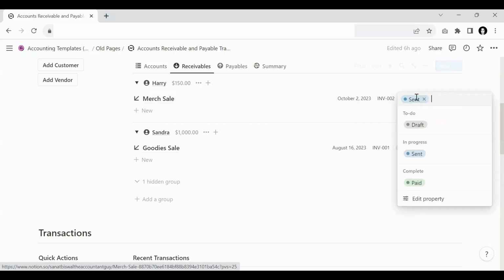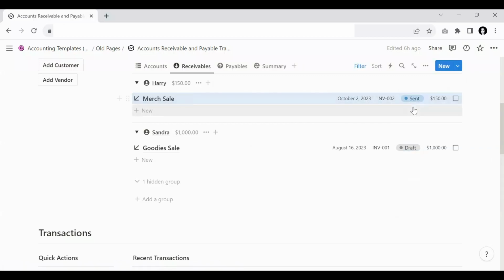So once you click on this, you have like 3 status over here, which you can change accordingly as per your applicable case. And then we have the amount over here. So if any invoice has been paid, you can just simply click on this checkbox over here, and you will find that the invoice amount that has been paid is not getting calculated on the top, which is reflected over here. So if nothing has been paid, you can simply uncheck this and it will automatically calculate the outstanding balance